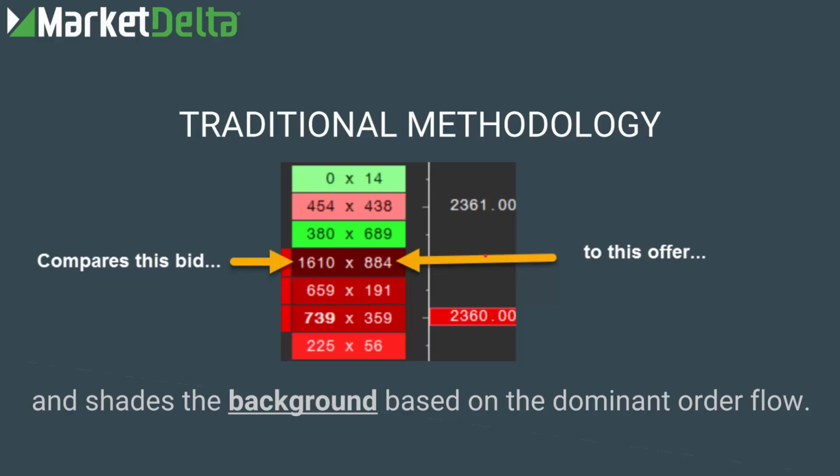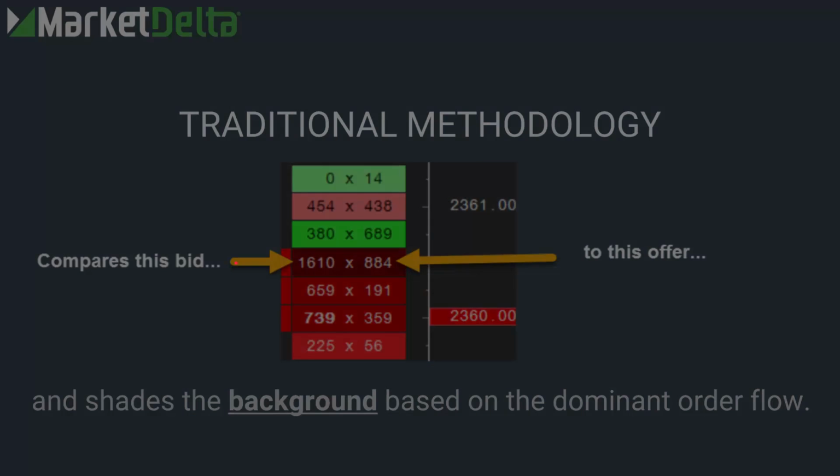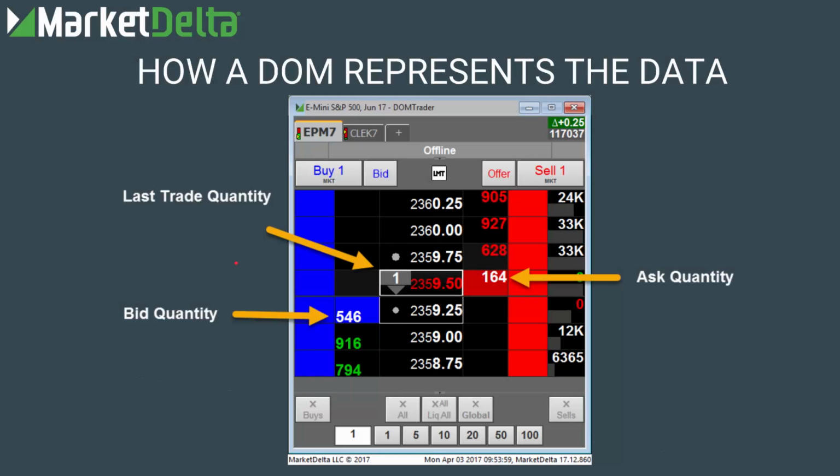And so I wanted you to understand how the original one works, but now we want to move into how the imbalance one works. But before I do, I want to show you just a DOM. This is a DOM from Market Delta Desktop, and here you have the bid price, 23.59 quarter, and